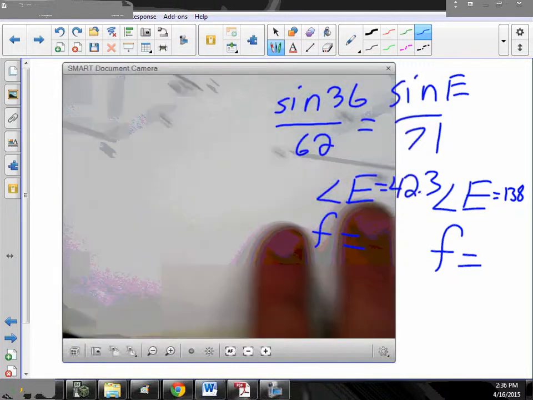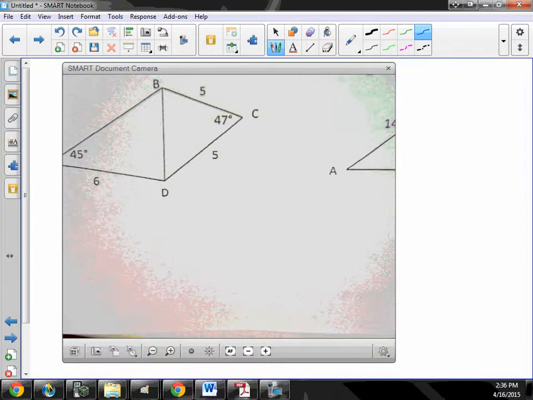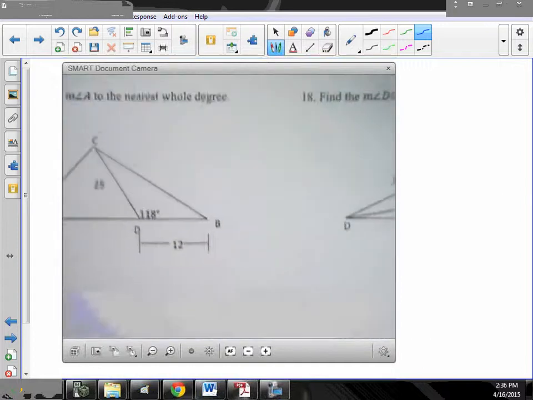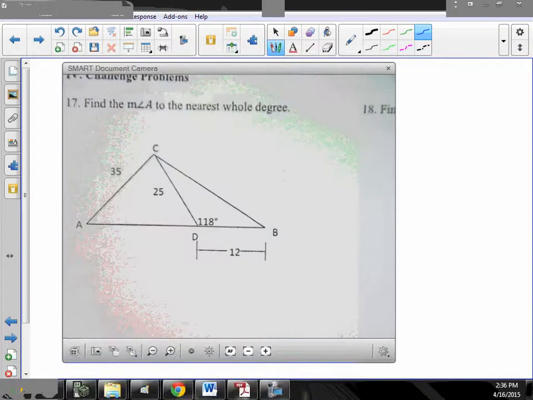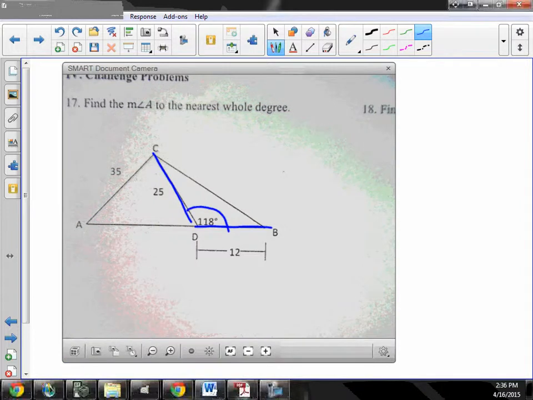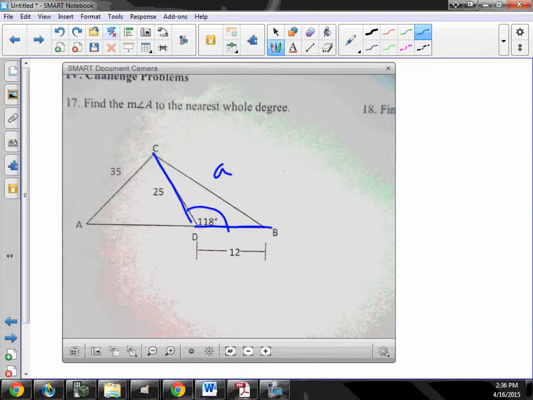These challenge problems, there are a lot of ways to look at them. I recommend thinking about it for a while and finding the easiest route. For instance, number 17. Let's see. I know this is 25, and I know this is 12, and I know that angle, which is side angle side, so that can tell me side little d, or actually that's A, isn't it? That will tell me side little a. Yeah, it's A from here. Okay? Well, once I know A, little a,